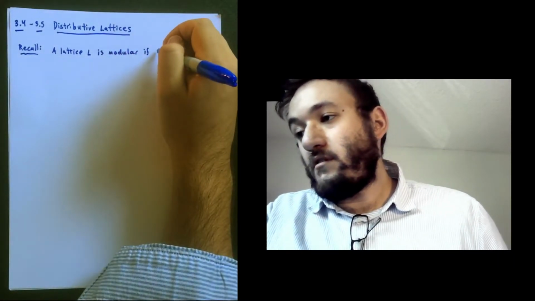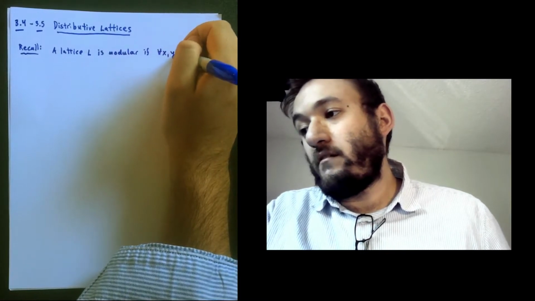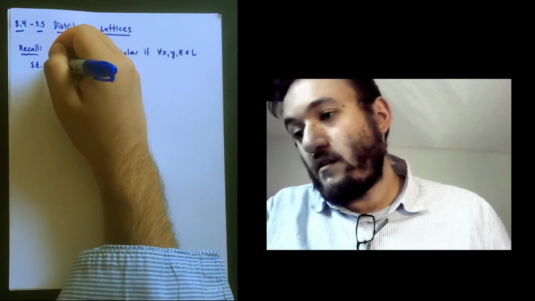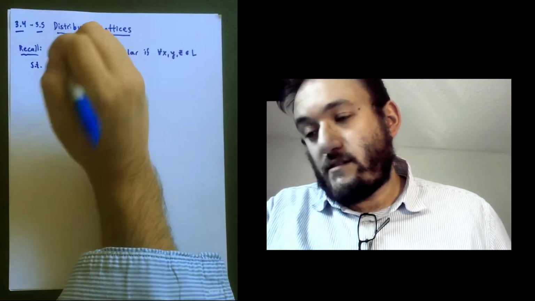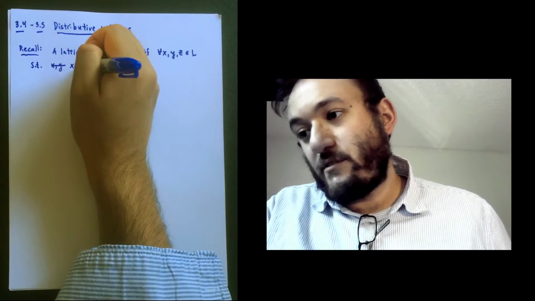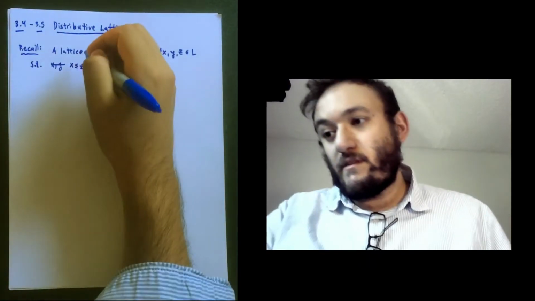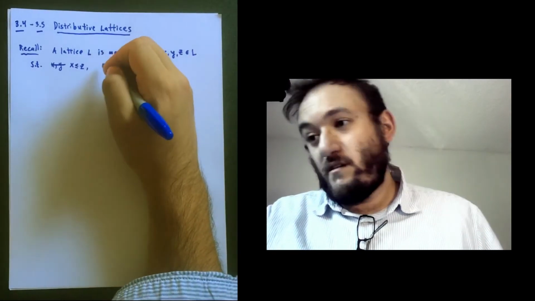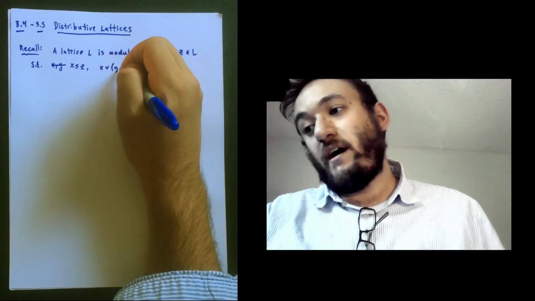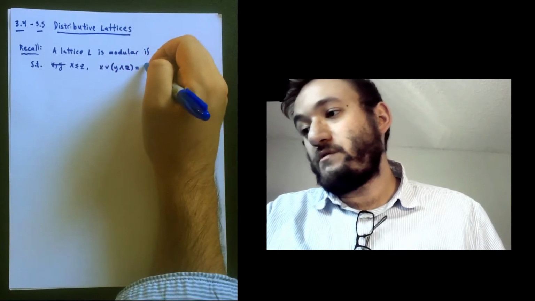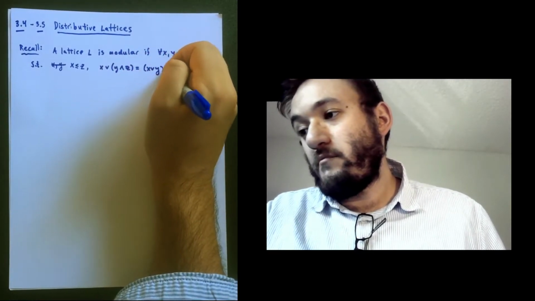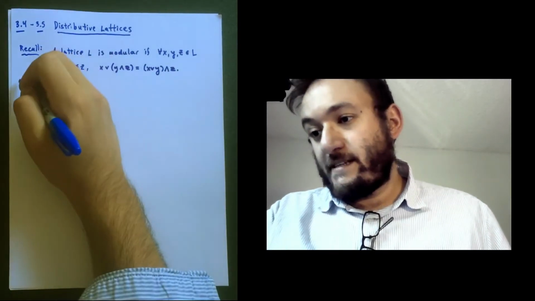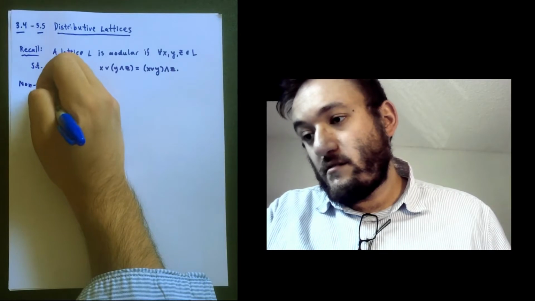if for any x, y, and z in L such that x is less than or equal to z, then the following holds: x join y meet z is equal to x join y meet z. Okay? So a non-example, a non-modular lattice,